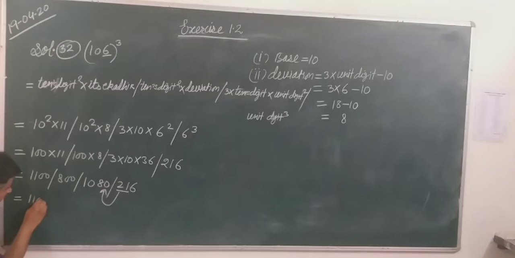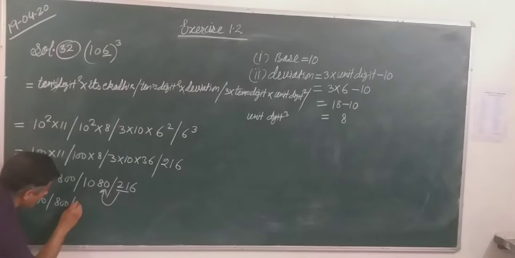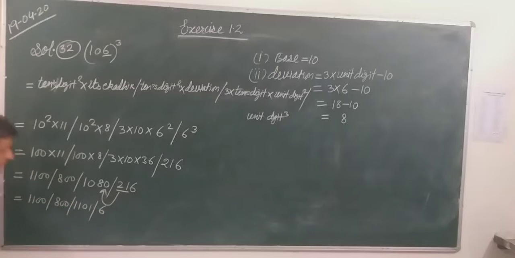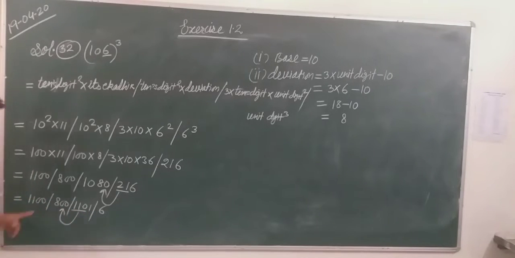Then from here, 1100 oblique 800. Then you will add 20 in 1. Then it is 1101, and oblique 6 is there. You will add 20, then it is 1101, then 1100. 1101. Now this is one digit, you will shift this digit to the next one. These three digits go to the next one.